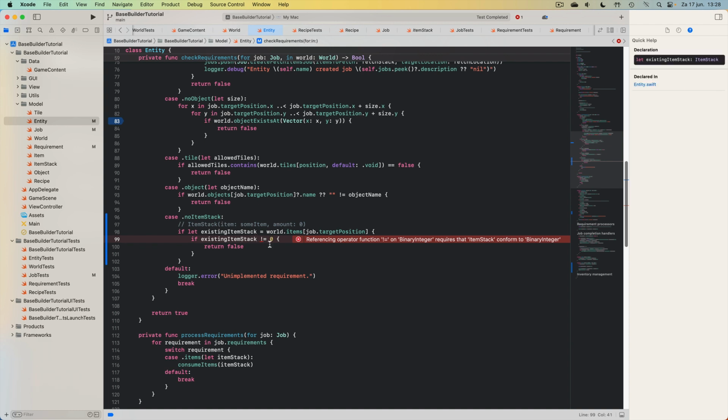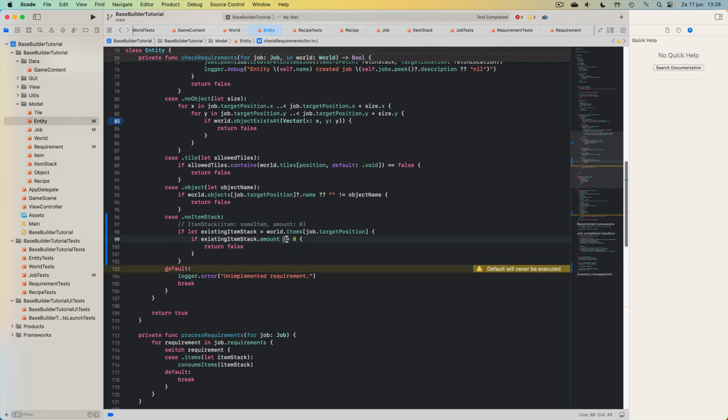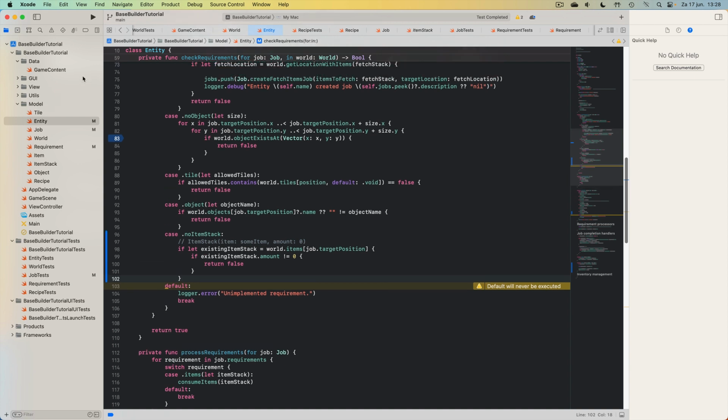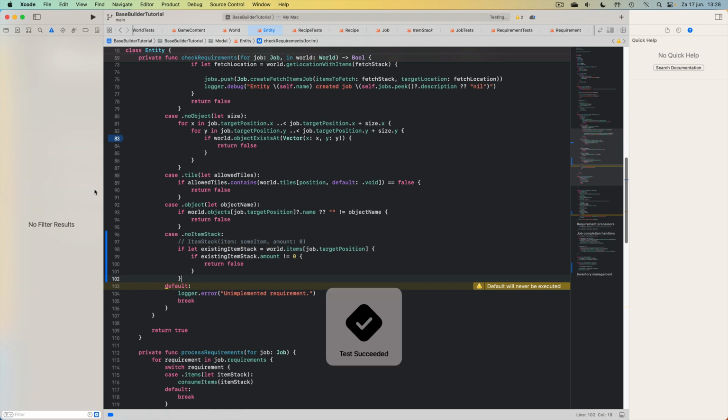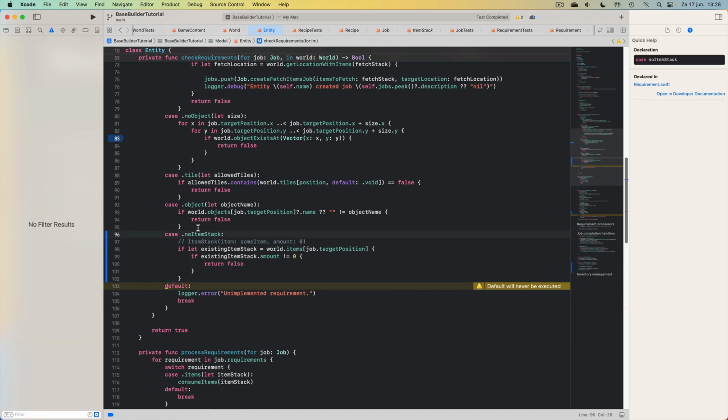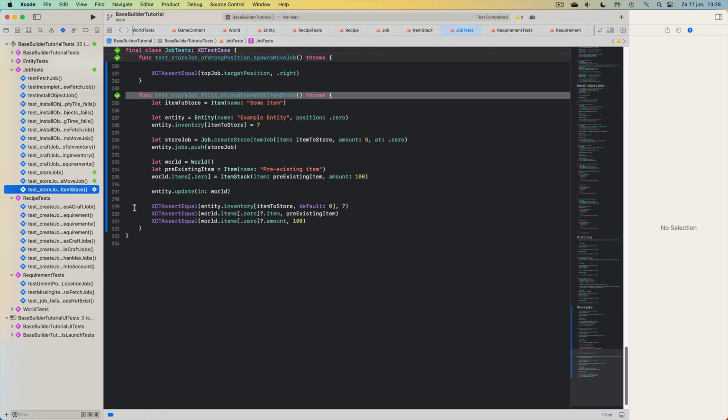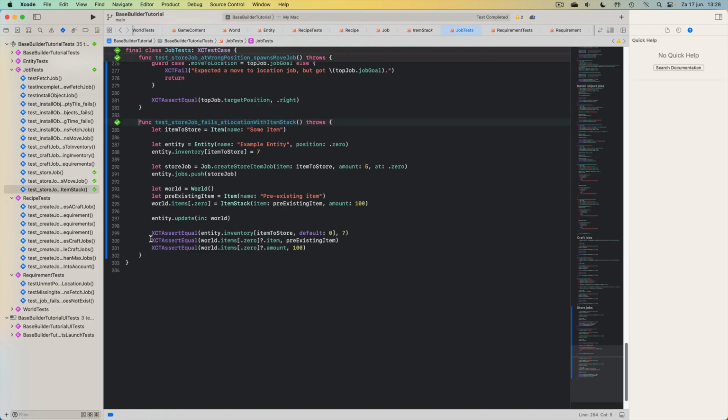The item stack dot amount. So if it is 0, then indeed we can simply continue. And if there isn't any existing item stack, then we simply also continue. So this should still satisfy this test, but it takes care of an additional situation. And we can even make sure that we have a test for that one as well. What we'll do is